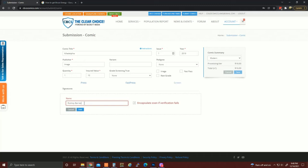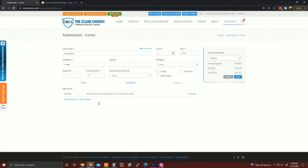He is also the author, and if you have not read Philadelphia, I recommend it. Once you do that, all you have to do is hit add here. Once it is added, it shows, hey, verify this, and go for it here. It shows you how much you pay. The verification costs a little bit more, but hey,